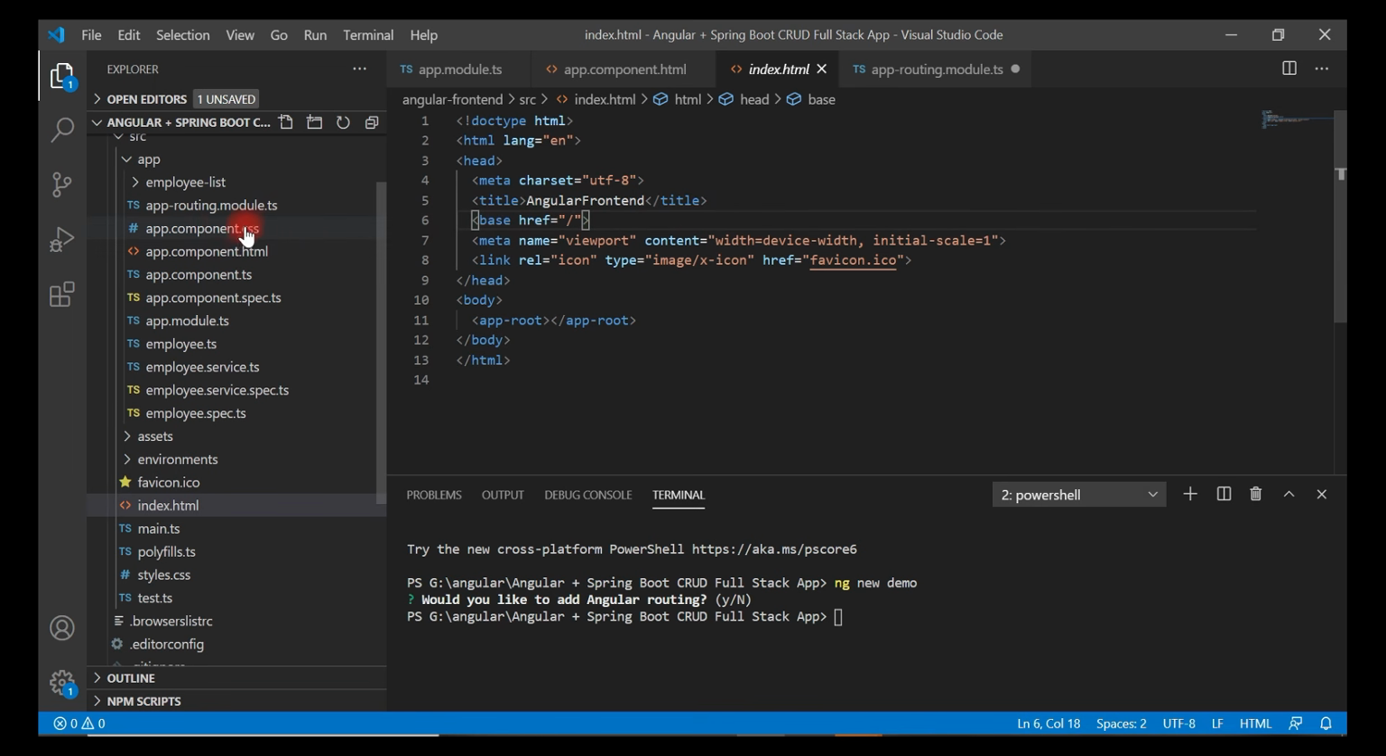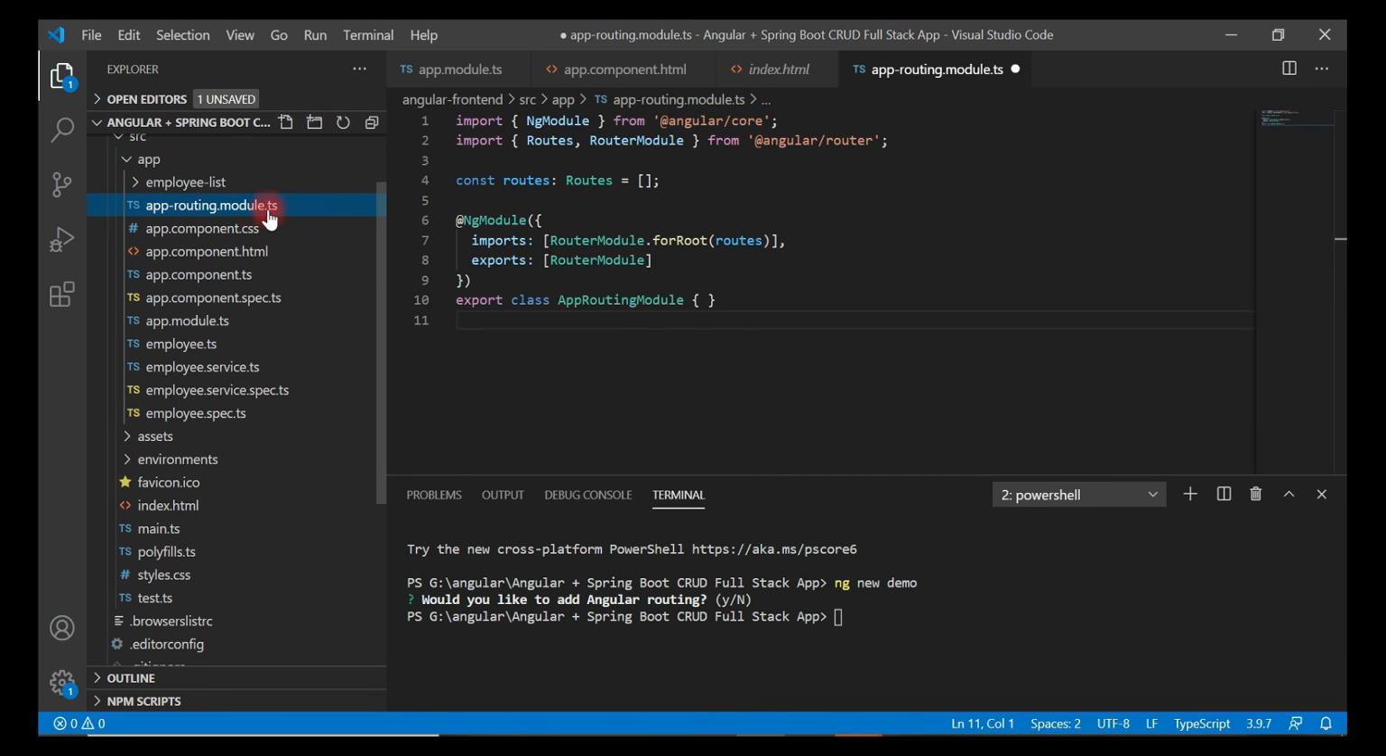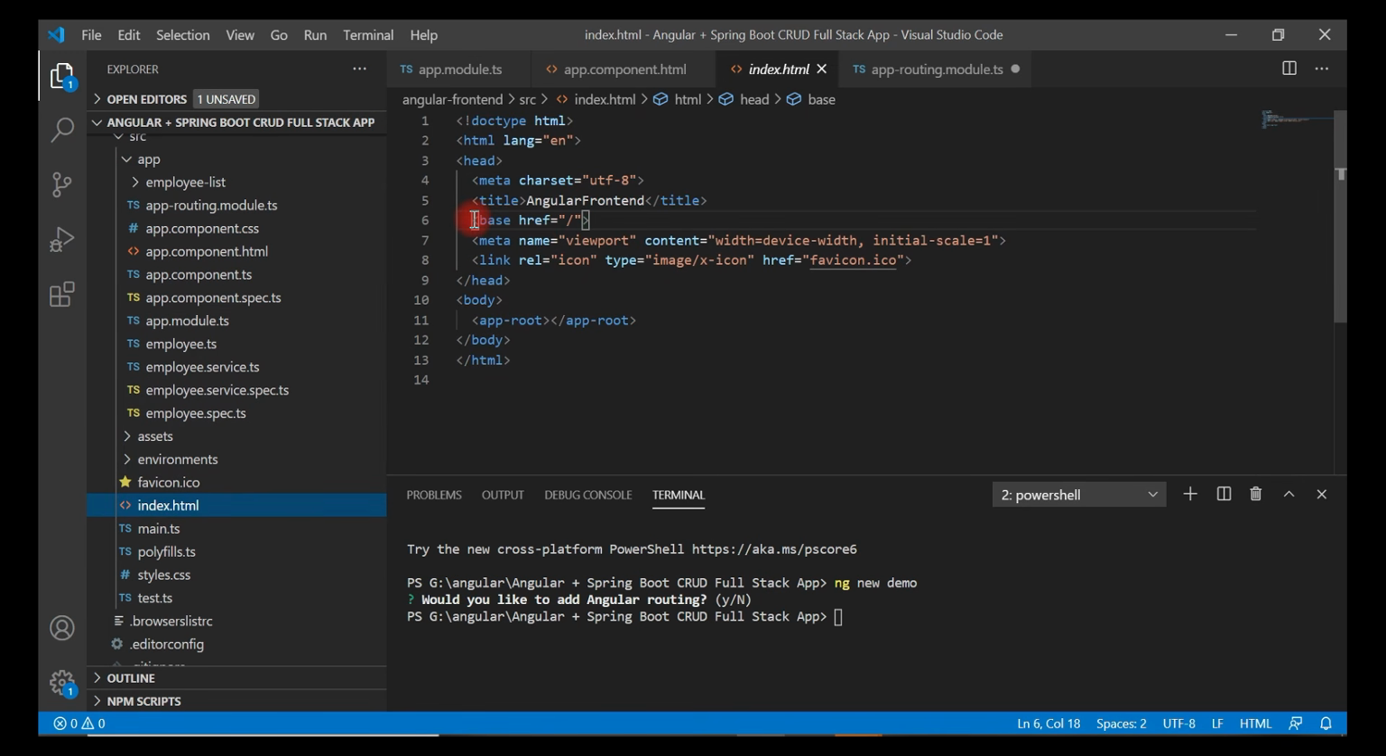And second step is you need to create app-routing.module.ts. So we have already configured routing using Angular CLI. So Angular CLI already created all the necessary files that are required to configure routing in an Angular application. But if you don't configure routing while creating the application using an Angular CLI command like ng new, then you need to manually configure routing like this. So first step is you need to provide a base tag in index.html like this, and second step is you need to create